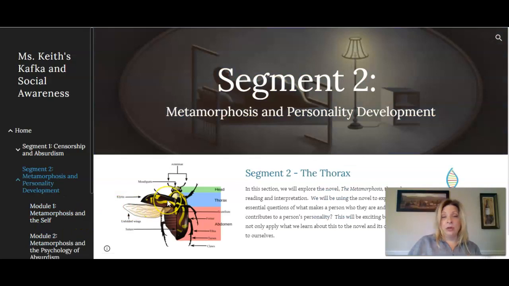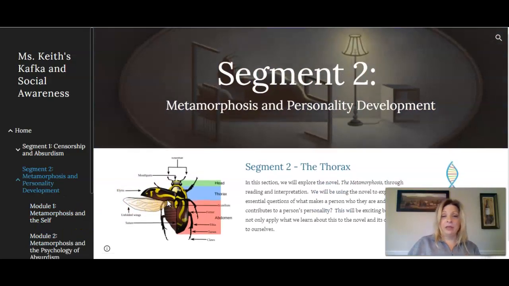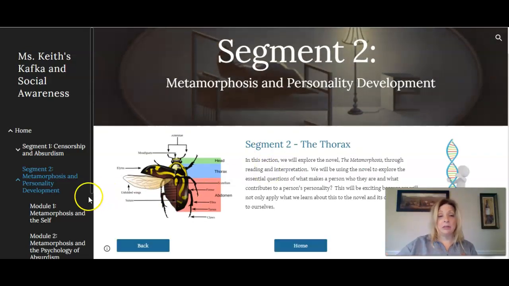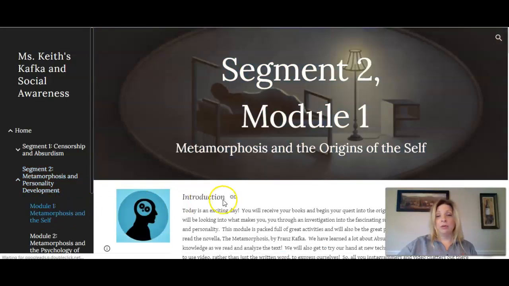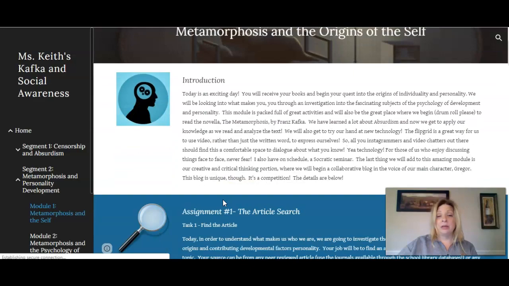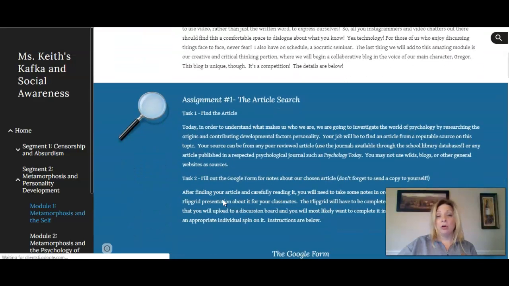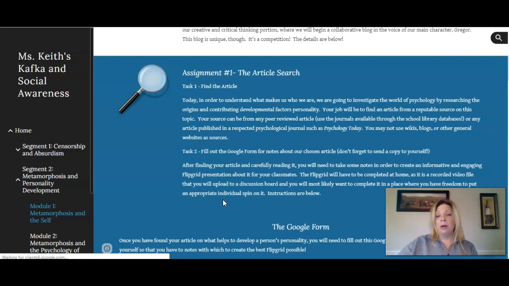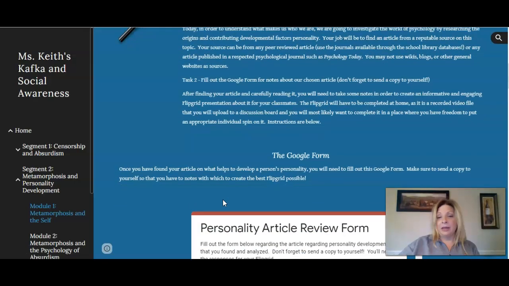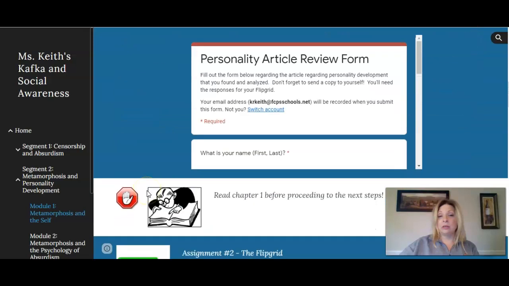Segment 2 is, of course, where we have the study of the actual story of The Metamorphosis. This is where we also examine articles about what creates a person's personality and apply that to the story itself.